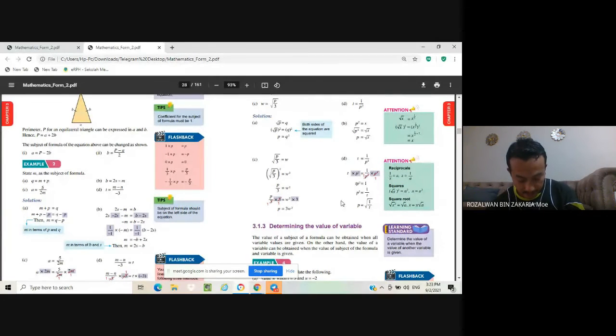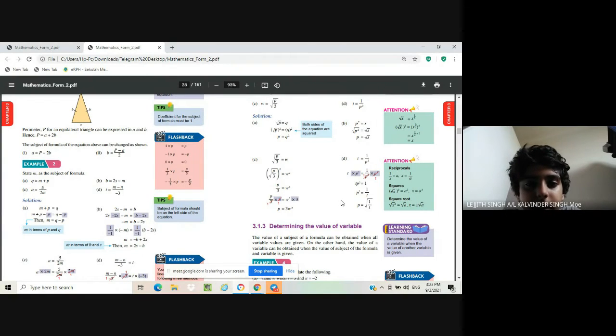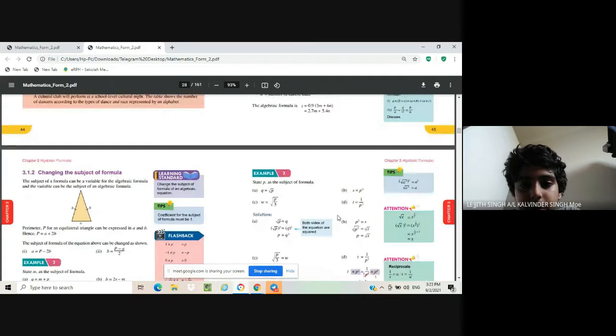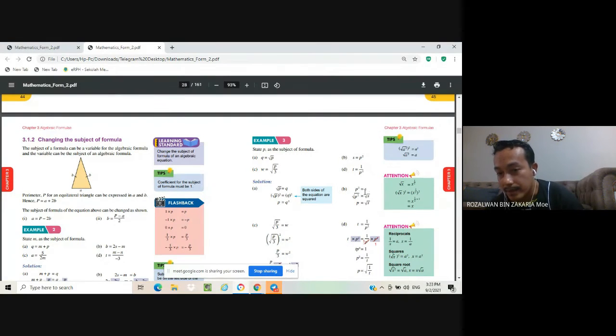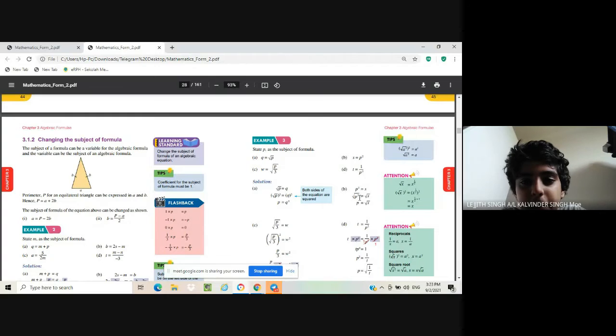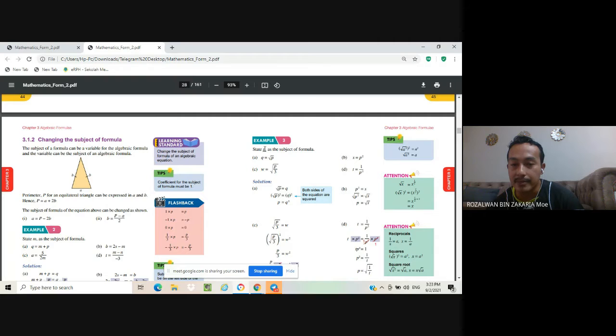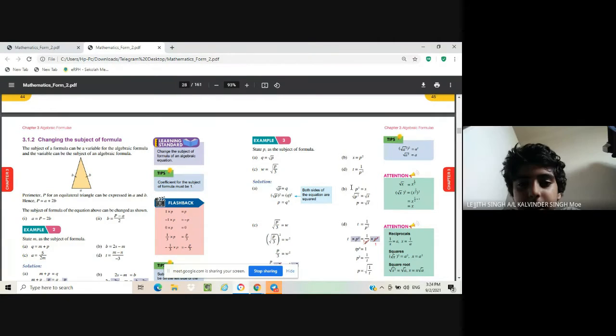Teacher, I have a question. Yeah, what is it? Teacher, if the teacher look back at the B question. Okay, B question. The order that P square equals S. The switch already, but why doesn't it become negative? Like now the question was S equals P square, but when the switch it never become negative, like the positive. Oh, this one. Example 3, B, right?